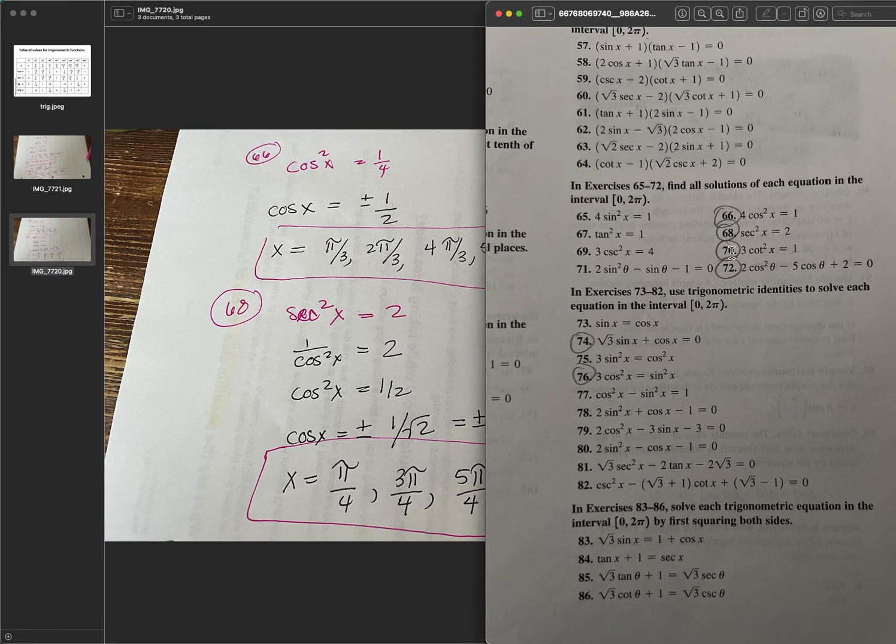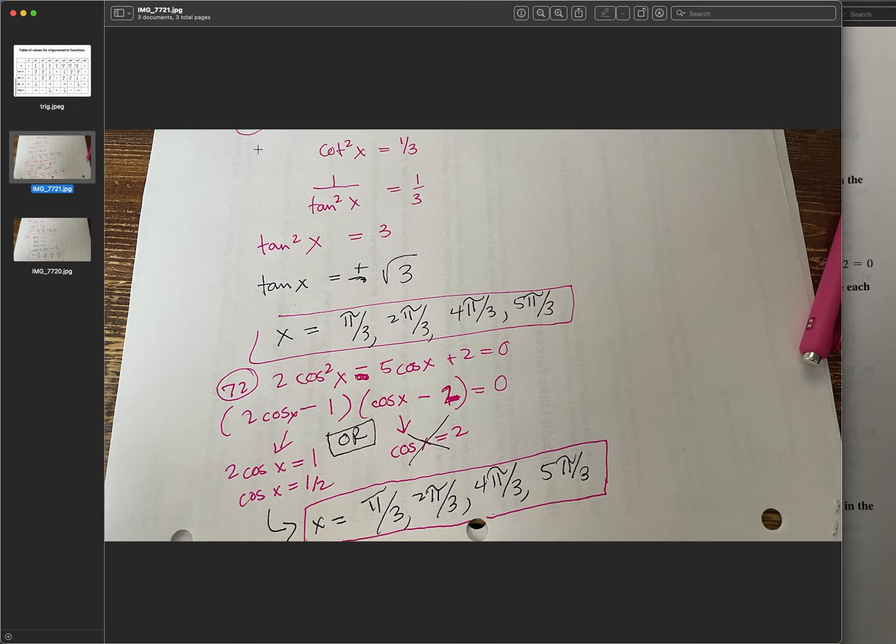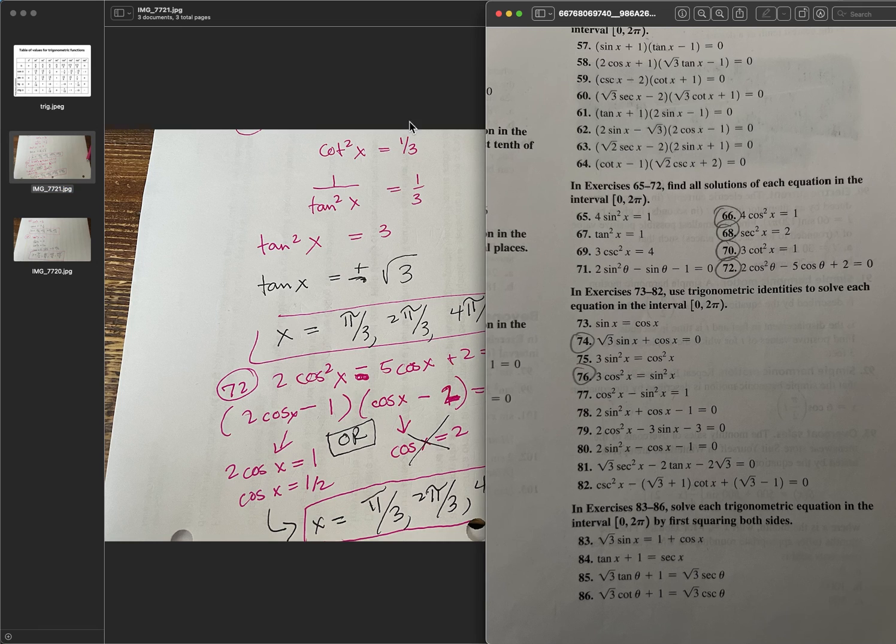And then for 70, I'm going to divide both sides by 3 to get the cotangent by itself, and then I'll probably flip it to make it tangent, but I'll have to flip the other side too, of course, and then I'll take the square root of both sides, and that's what I do here. So cotangent squared is 1. Oh, I already moved here. I've already moved the 3 over to the other side to make it 1/3, and then I flipped 1 over tangent squared, so is 1/3, and so I flip them both, and then I take the square root of both,